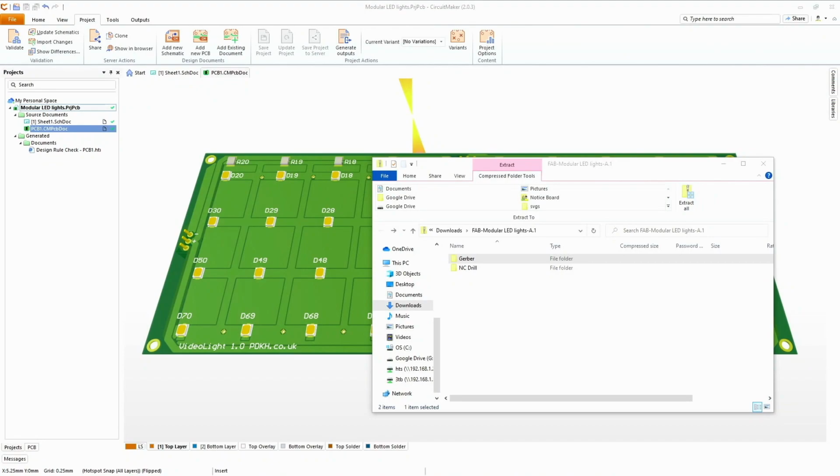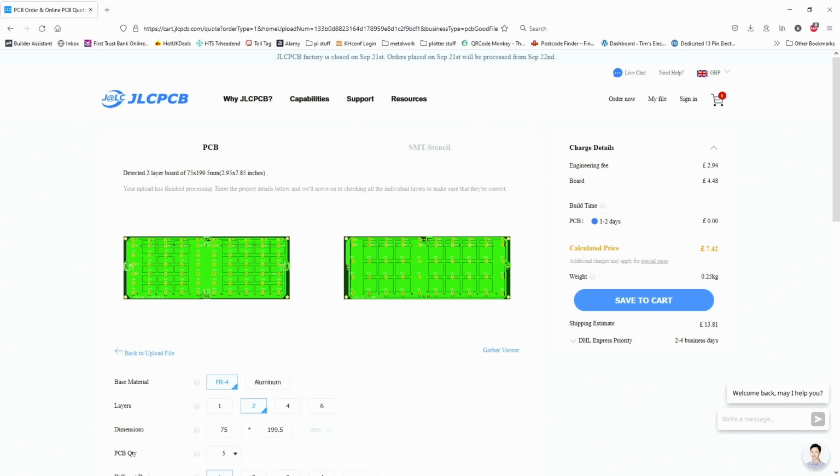So once that was generated, I was able to download the Gerber file, which contains both the drill and the Gerber files. Is it Gerber? I don't know. But once that's done, you're able to go to your favorite PCB supplier. I'm just using JLCPCB. They're not a sponsor or in any way connected with the video. I'm paying for this. And then you upload your Gerber files,